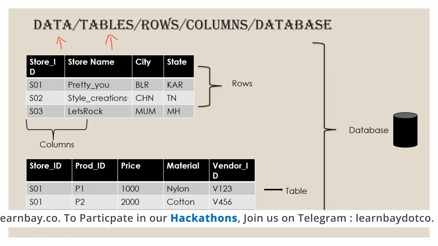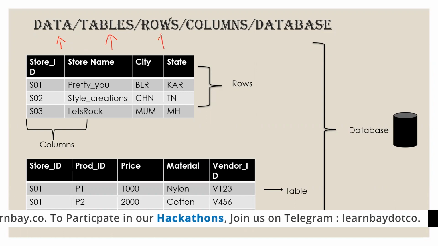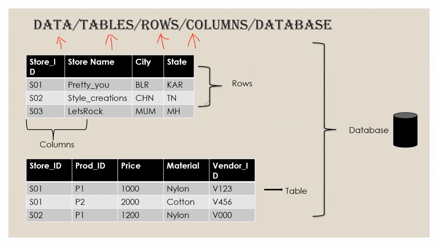You know how a table will look, and a table consists of multiple rows and multiple columns inside. The data that you are seeing in the horizontal sections are basically the rows, and the data that you are seeing in the vertical sections are called columns, right? Now these data will be stored in the format of a table. Like this, there will be multiple tables. All these tables you can keep inside one single database.